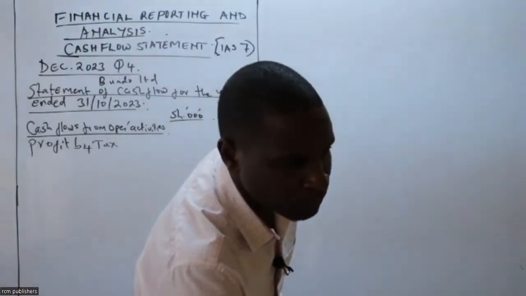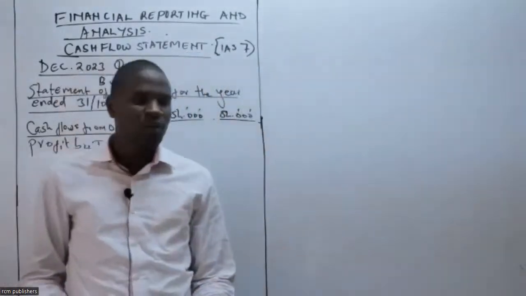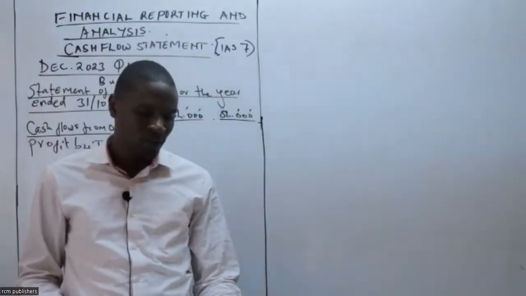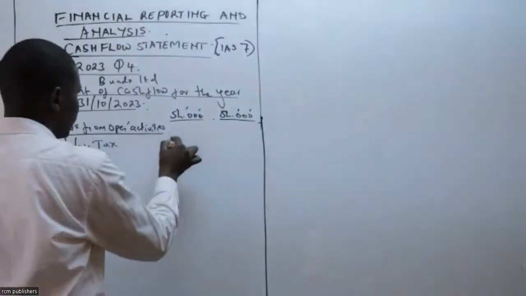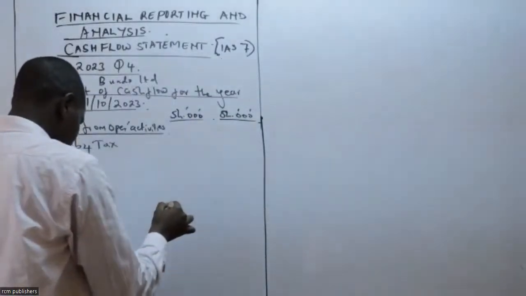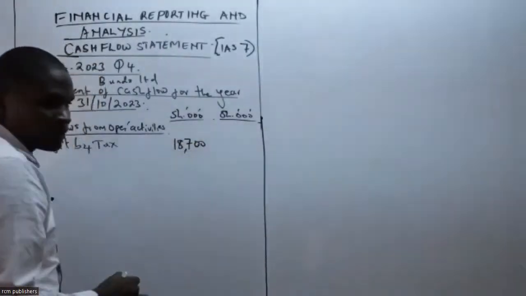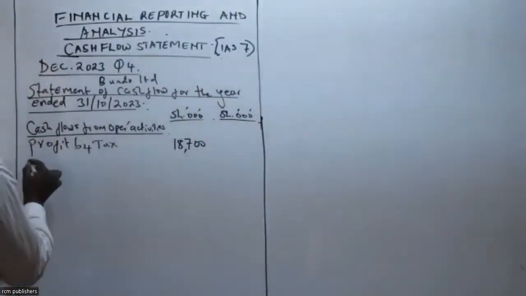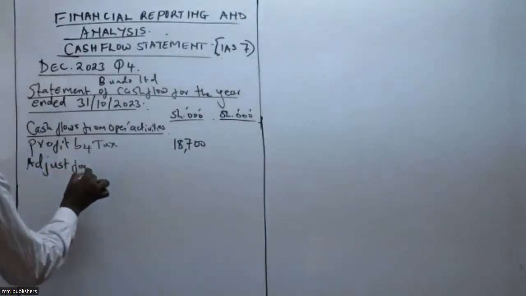Profit before tax. Of course, that one I expect to get from my income statement. And if I look at my income statement, I can see 18,700. Thank you so much, Simon, for that answer. 18,700. So class, you can see that that is just a matter of looking at what the examiner wants, profit before tax, and then we adjust for non-cash